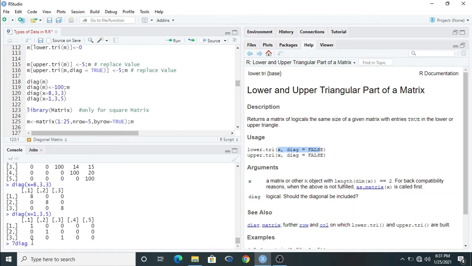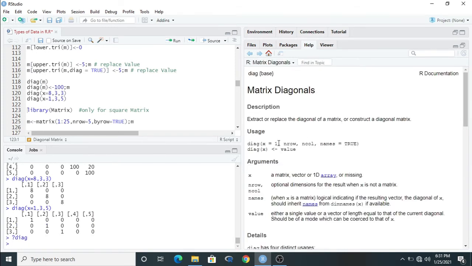Just enter and go to the search box. In the help box it indicates x equal to 1. X means the data. What will be the diagonal element data? Clear? And nrow, ncol, names equal to 2. This is the default. We have to put here the number of rows and number of columns. Clear? If the matrix already exists,